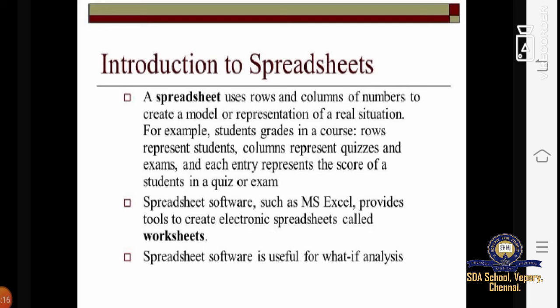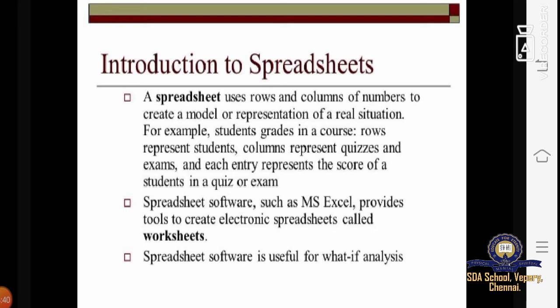Some examples of spreadsheets are Lotus 1-2-3, Symphony, StarOffice, MS Excel, OpenOffice, eSpread, Smartsheet, etc. These are some of the examples of spreadsheets.